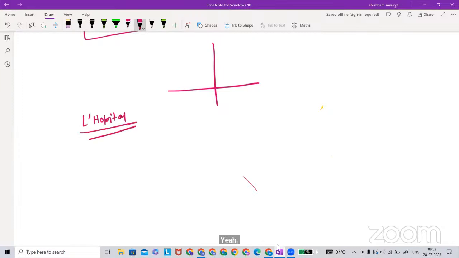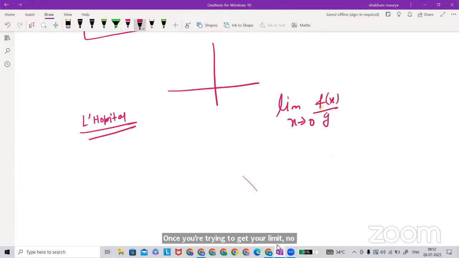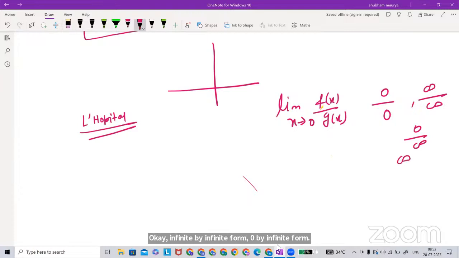So L'Hopital's rule needs an indeterminate form. What is the indeterminate form? When you try to find the limit in this fashion, if it becomes a 0 by 0 form, infinite by infinite form, 0 by infinite form, or infinite by 0 form,